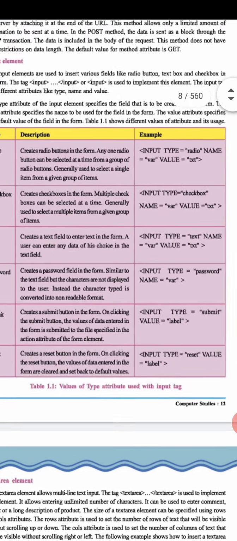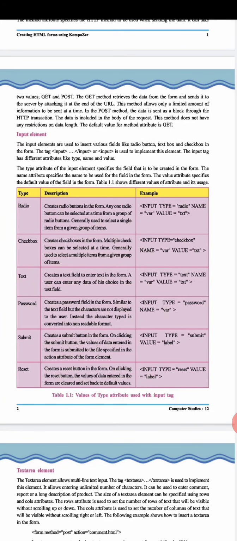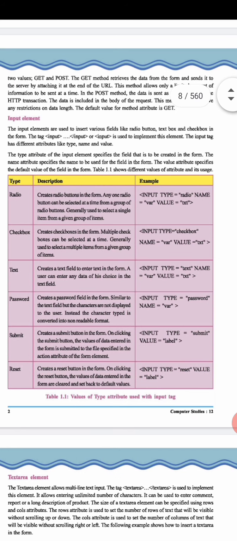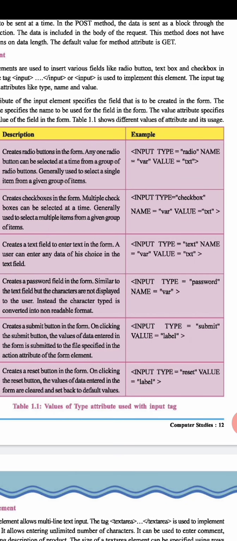Here you can see in the examples: input, type, name and value. There are many attributes of these elements also. Now what is an attribute? Type, name and value are the attributes of that particular tag, the input element. As an example, take a radio button. If you have taken a radio input element, it will be written in the form of input, which is a tag. Its attributes mean more features of that tag, that is type, which type of input you are using, that is radio.